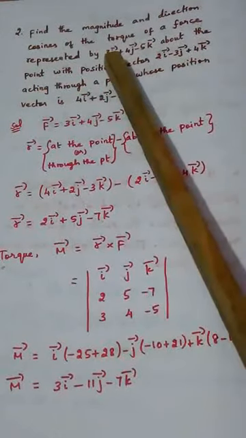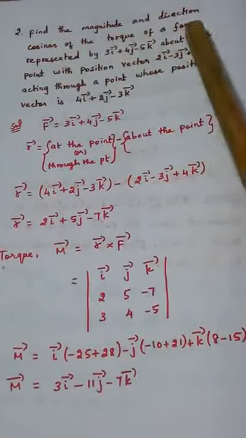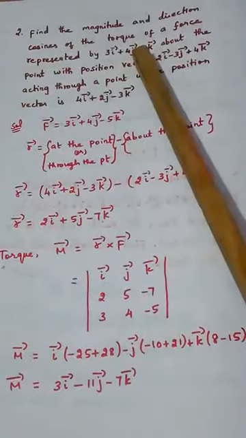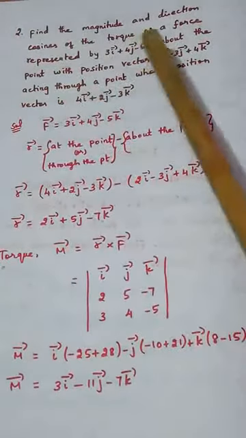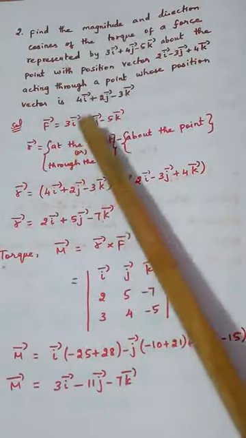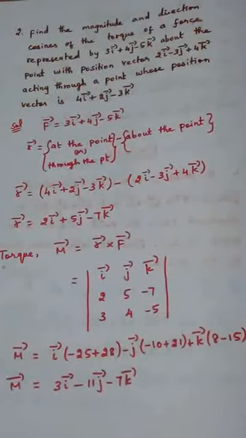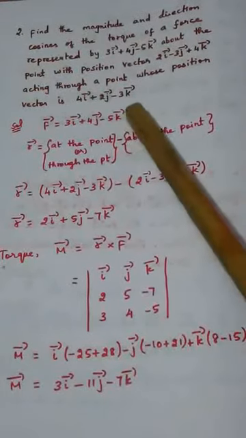First, what is given? This is called the force vector because of a force represented by this. So this is taken as F vector. Here only one force was given, so we take that as F vector: 3i plus 4j minus 5k. Now the formula for a moment or torque is R vector cross F vector. In the notes we have seen all the formulas. Moment, otherwise called torque, is given by M vector equals R vector cross F vector, out of which we know F vector.